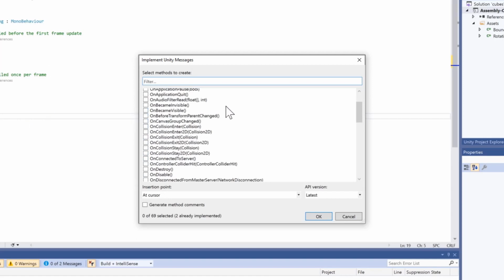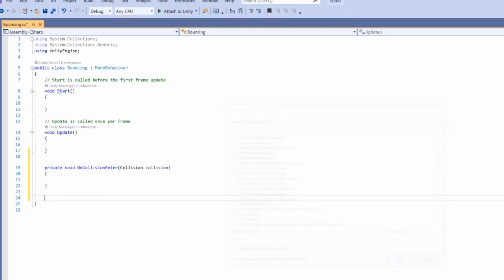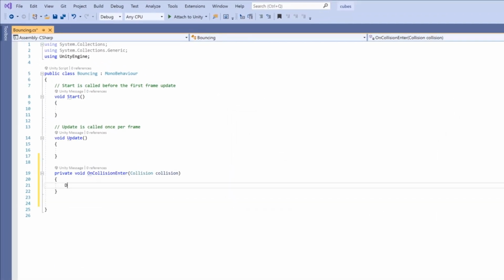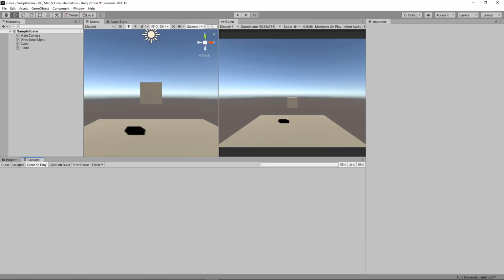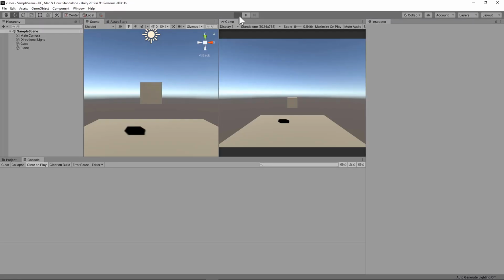This Unity message or method is triggered once if a collider intersects with another. Now let's print something very simple to the debug console just to make sure that the collision is actually happening. I'm going to print "landed on plane". If you go back to the editor and press play, you'll see the message is being printed in the console.